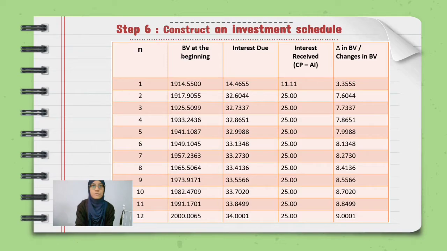And the same goes for book value 3, which is book value 2 plus changes in interest 2, and so on. So I will get 1917.9055 for N2,